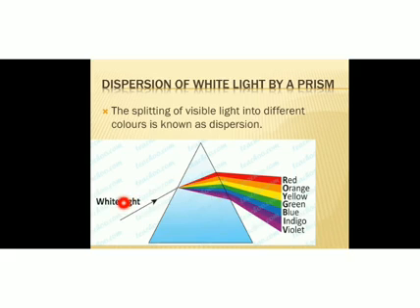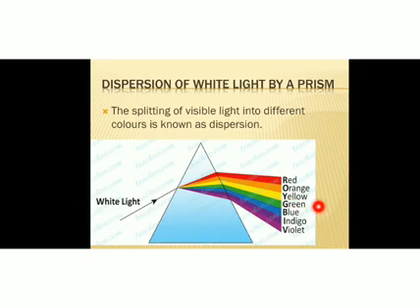So white light, which is our visible light, when it passes through a glass prism, it splits into different colors. Actually, it splits into a band of colors, that is VIBGYOR, and this forms a spectrum of colors. The band of colored components of a light beam is called its spectrum. So this is the spectrum of white light.